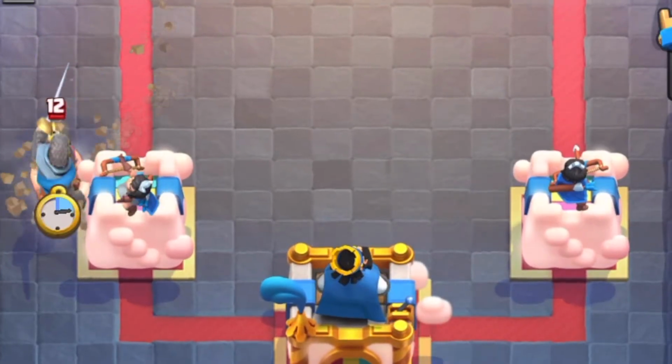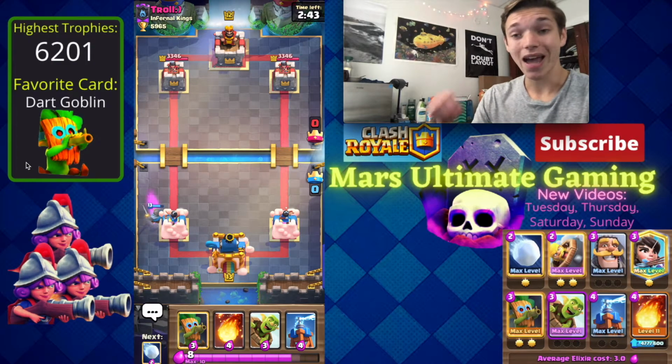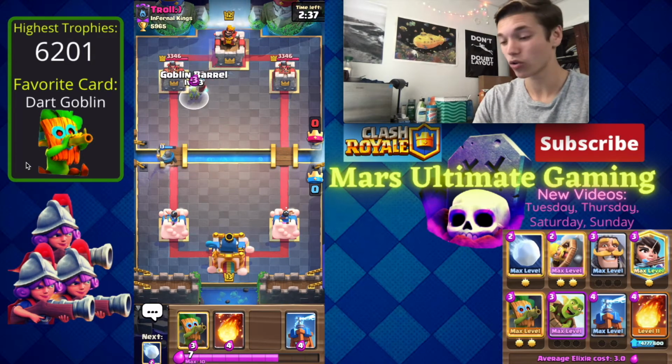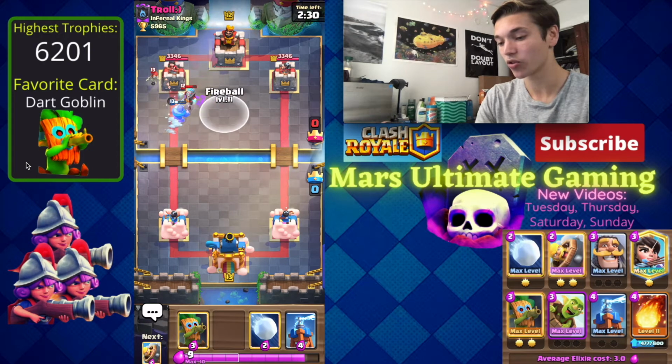Troll is going to start off with a quick Miner, so we're going to block that with the Knight and let him get absolutely 0 damage, guys, and he's probably going to be running... Okay, so he has Miner, Ice Wizard, so I no longer really have a grasp on what this is going to be. He's got some sort of off-meta deck, and with him placing that Bomber right there, we can...